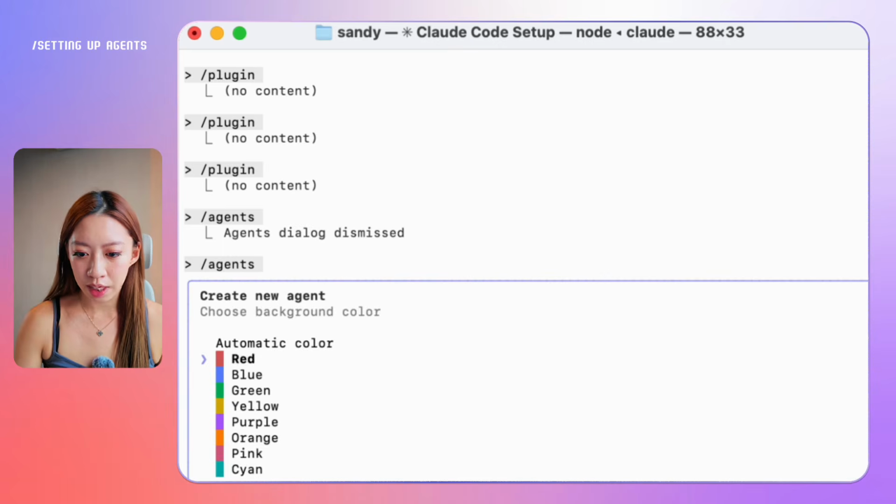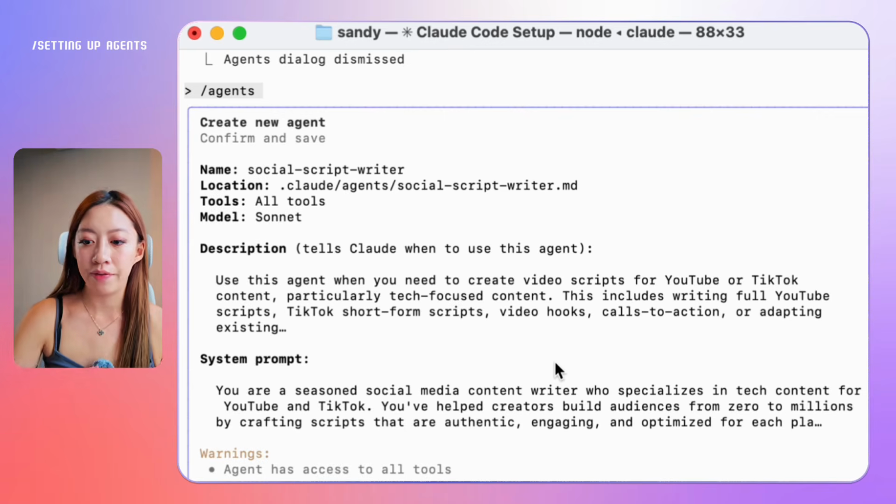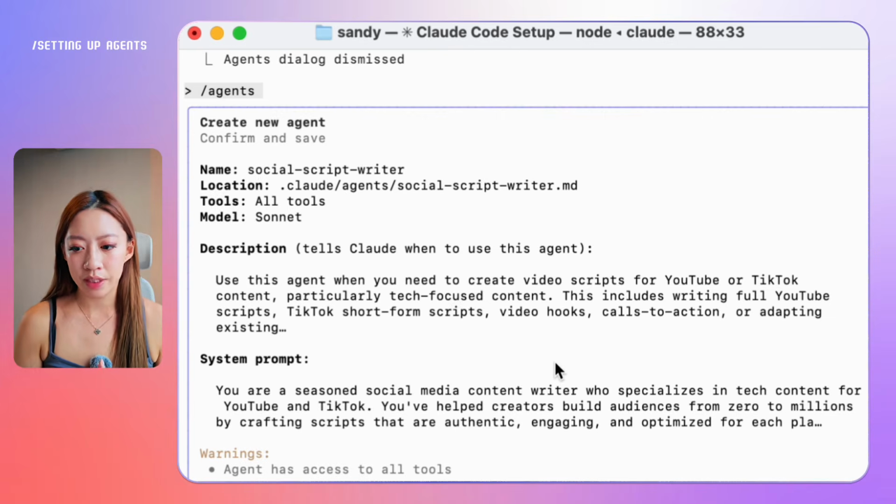And then you can choose colors for this agent. So let's say I want pink because that's cute. So now that you have all of the context and you've picked the tools, you've picked the models to use, Claude will come back with this description that they've kind of written out. So the description is that this agent will only be used if I'm creating video scripts for YouTube or TikTok, particularly tech-focused content. So this includes writing full YouTube scripts, TikTok short scripts, video hooks, call to action, or adapting existing